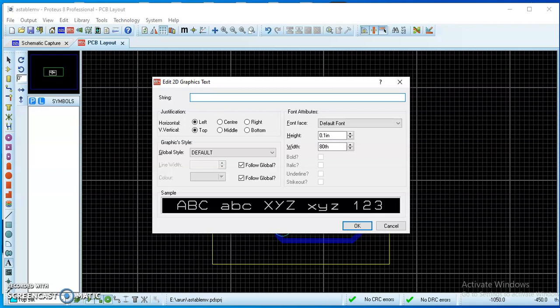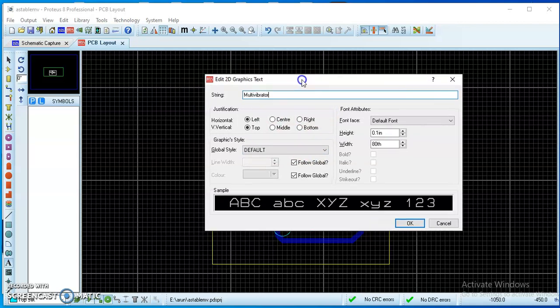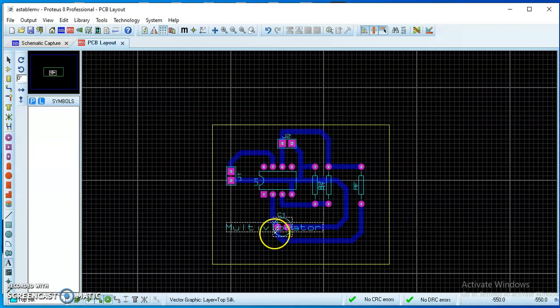That part will be there when you perform the copper PCB etching. Since our circuit is a multi-vibrator, let me write it as multi-vibrator, just for understanding what the circuit is after making it. So you can see that text will be